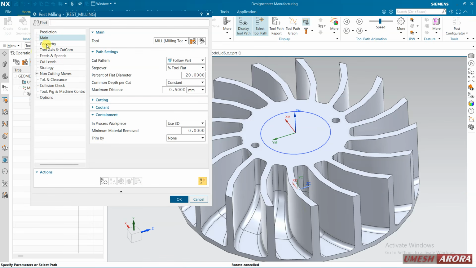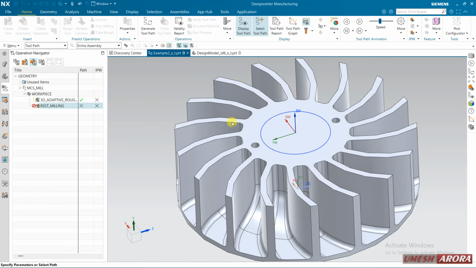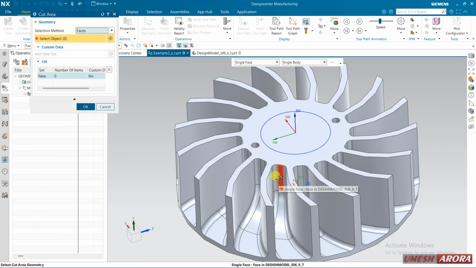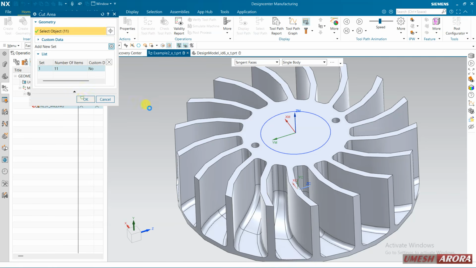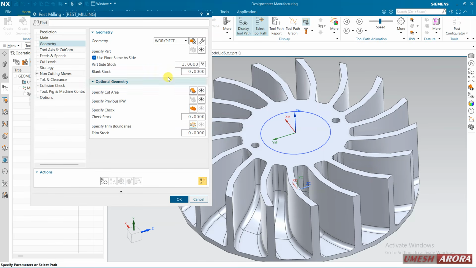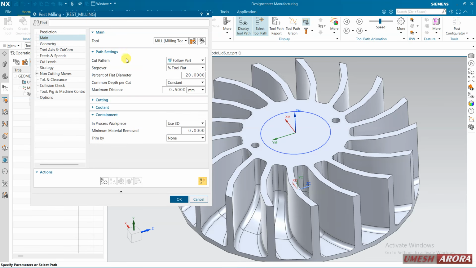Now come to geometry and cut area. So here is cut area, OK, and stock 0.25. Come to this main. Here it is fall apart. Step over is 20% of tool dia, and depth per cut I am using 0.3, right, and the rest is OK,